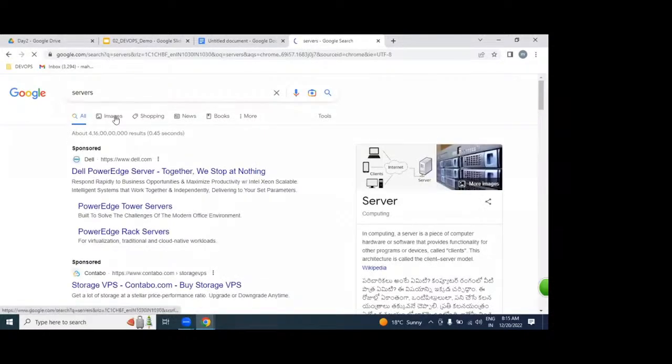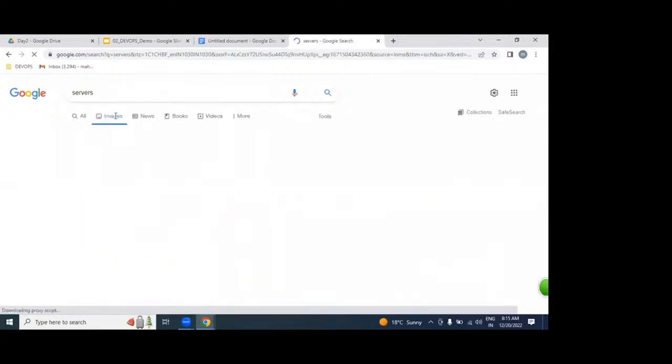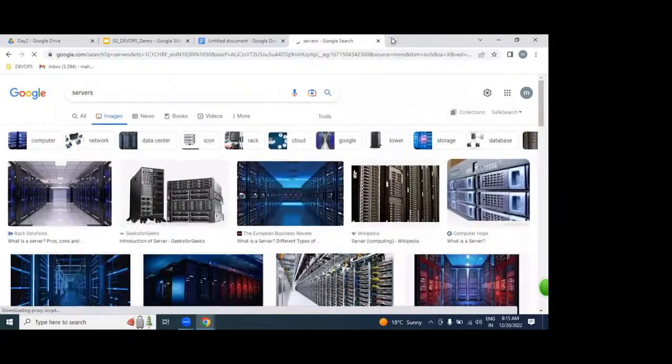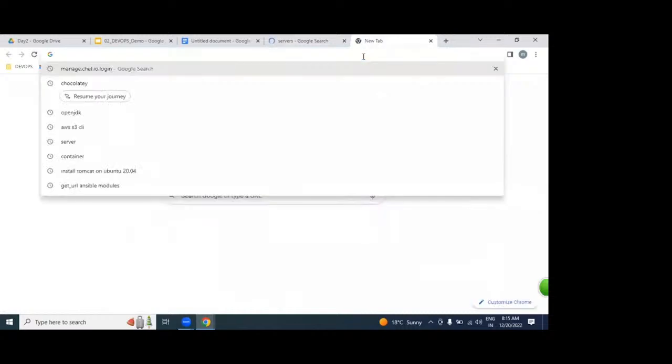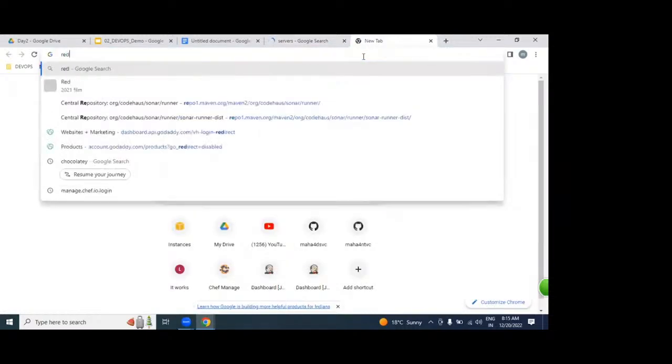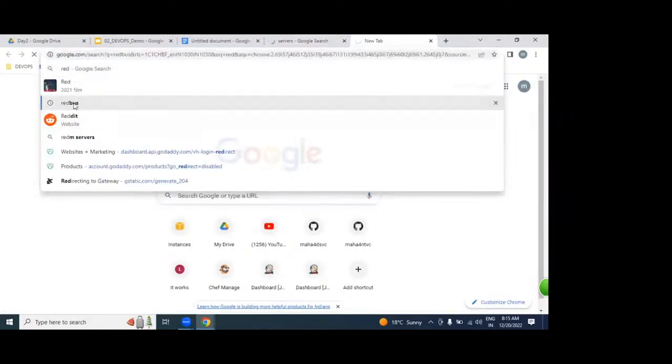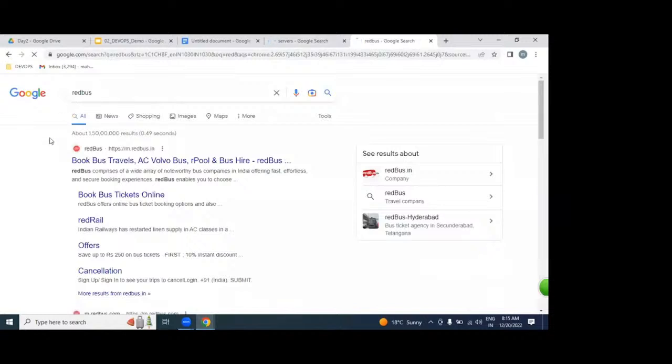Once it is placed on the server side, you are going to be accessing it as a website like Redbus, Book My Show, IRCTC, Flipkart, any website.